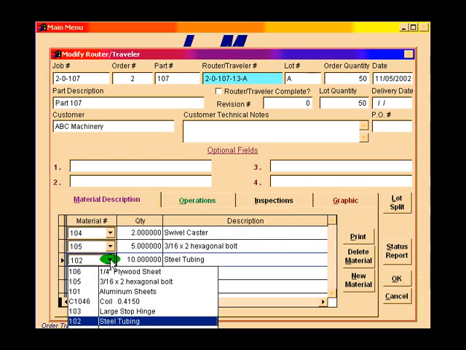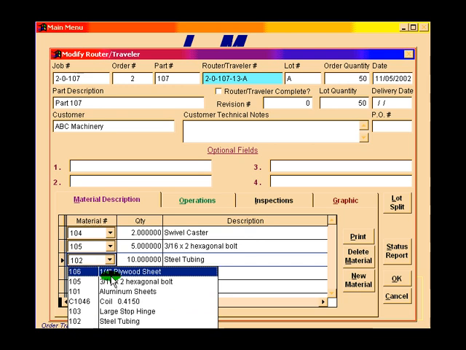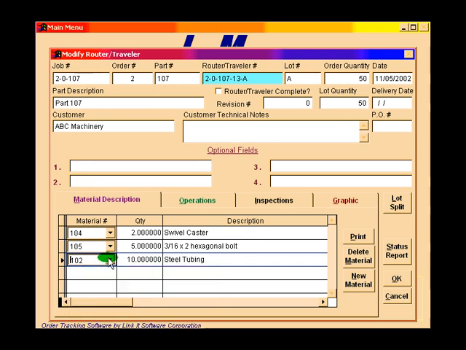As you recall, during setup, we entered all the materials that are used in producing the various jobs. So now the operator can simply click on the drop-down arrow, select the material that is to be used for the job, put in the quantity, and they're ready to go. This can be printed out individually from this tab area to be used as a pick list for the inventory